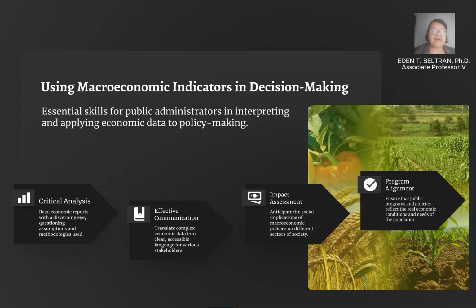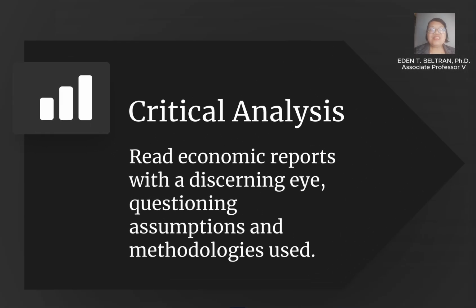And of course, when you are faced with these numbers, you have to anticipate the social effect or the macroeconomic impact of this on the lives of people, and also come up with policies and programs to avert any adverse consequences or more adverse effects of these